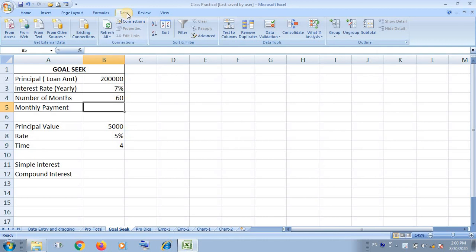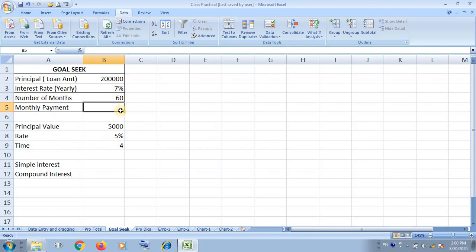There is the Data tab. Under the Data tab you will get the What-If Analysis type of calculation that contains three options: Scenario, Goal Seek and Data Table. Let's start with how you can adjust the formula based value